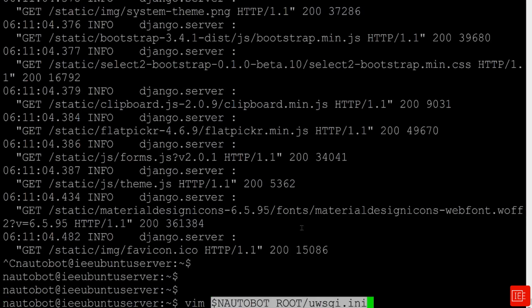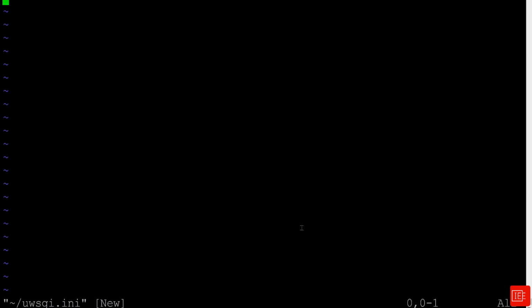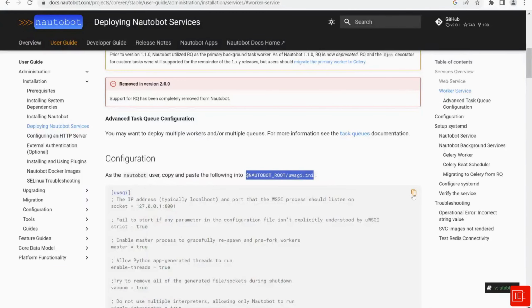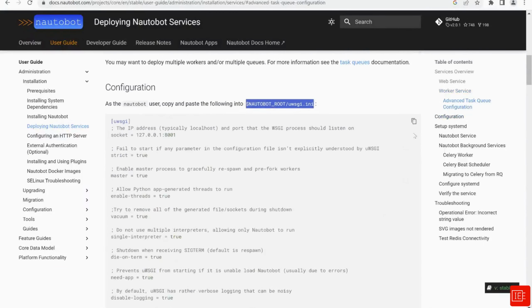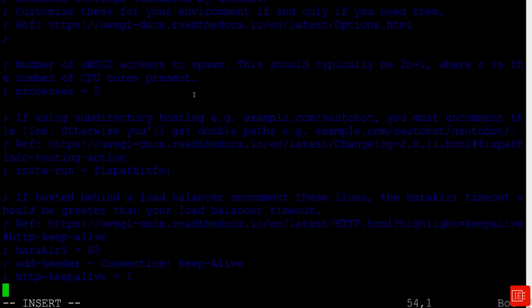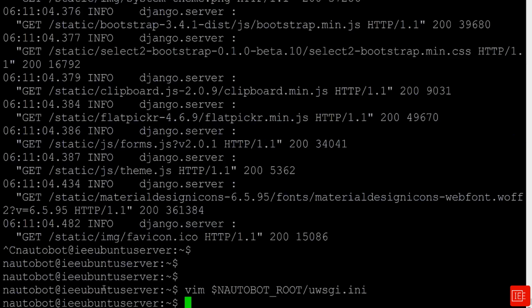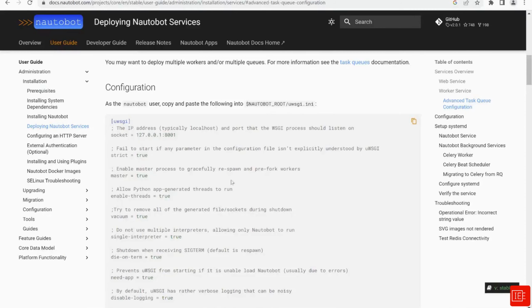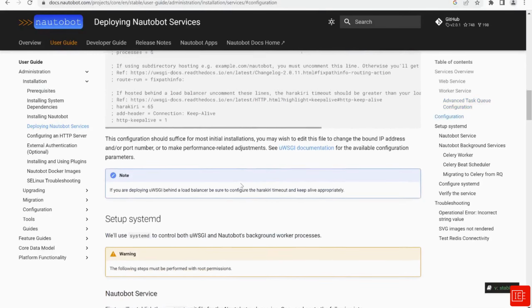and paste that command and hit enter, and then I'll stroke the I key for insert, and then I'll go back to the web browser and then copy all of this config as you see, and then right click to paste it all. I'll escape and then save and quit. So now that file has been created, I'll go to the next step,